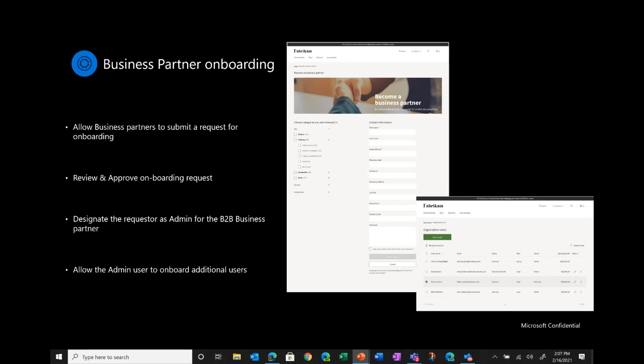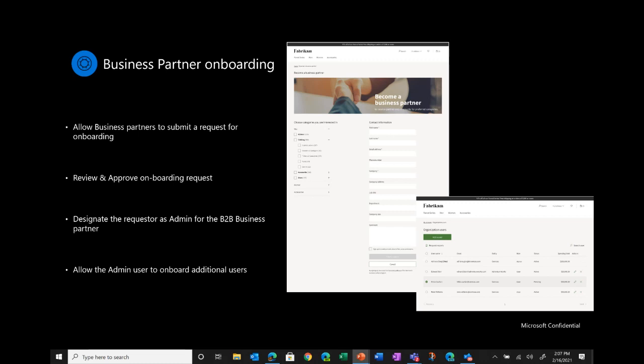So potential business partners can find your B2B e-commerce website. They can look at the products and services on offer. They would not be allowed to transact because they are not an approved business partner. But what they can do is use the e-commerce website to submit a request to be onboarded as a business partner. So there's a new module that we have enabled through which potential business partners can submit an onboarding request. And when that request is submitted, the request flows back into Commerce HQ, where it can be viewed by account managers and sales managers, and accordingly they can decide whether it's a business partner that they would